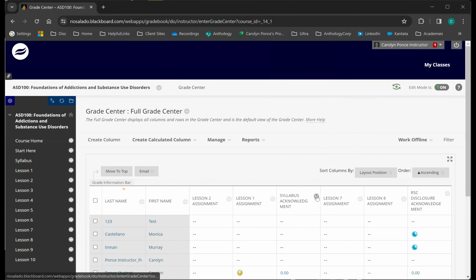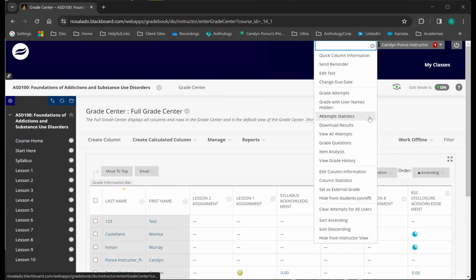Tests will give you similar information, but more importantly, this is where you can find things like attempt statistics or item analysis. If you're going through any course reviews and you want to see how your tests have done over a period of time after you have several courses in there, you can pull item analysis from your tests within certain courses and combine those later on.